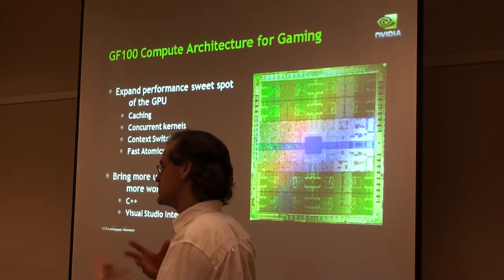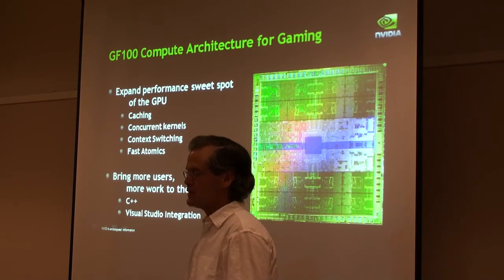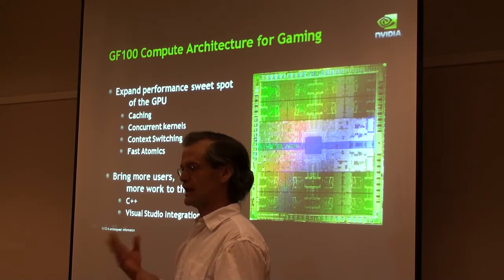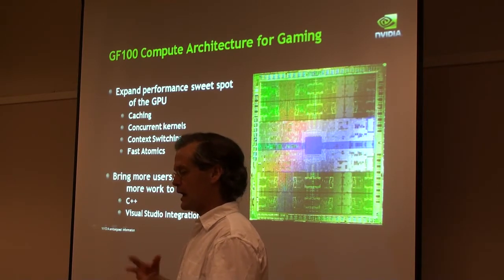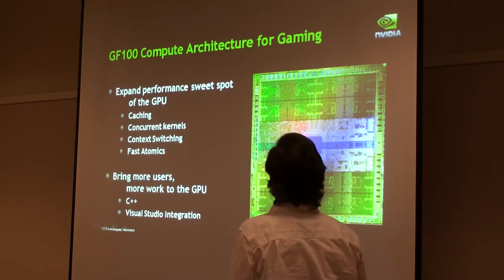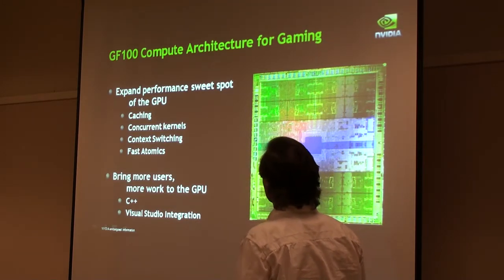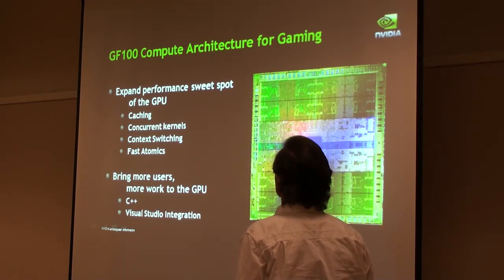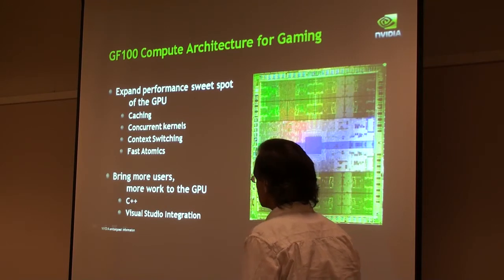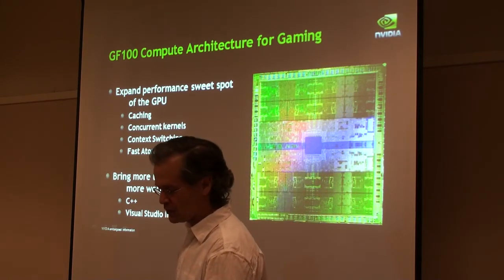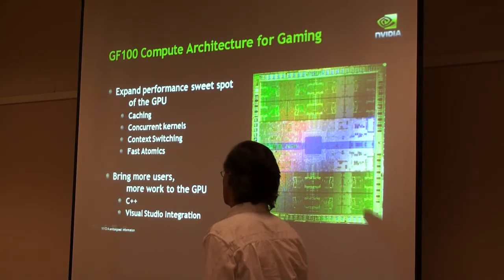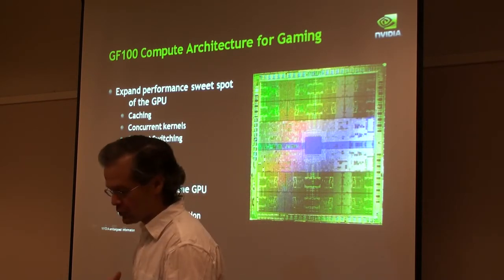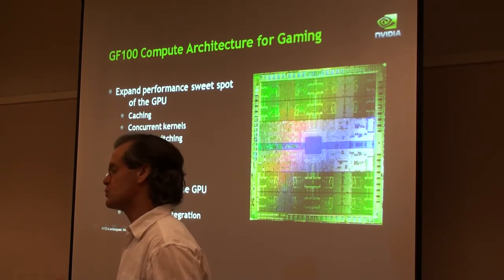In addition to rendering, GPUs are clearly not just for rendering, and games are no longer just about rendering. They're becoming increasingly sophisticated in terms of modeling the reality of the world, whether it's physics or AI behavior, lots of different things. In terms of GF100, we made a number of improvements to the design to improve the performance of compute. Part of the goal is to bring more users and uses to the GPU, and bring more work to the GPU, where it's arguably much more efficient and much more appropriate.